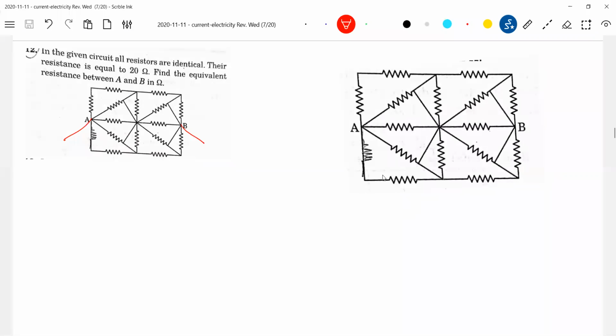Okay, look at this particular circuit, we have to calculate the effective resistance. These are the points. Look at this, there's a short-circuited wire. Are you noticing that one? So anything parallel to that will have an effective resistance of 0. So what will happen is this resistance will be shorted.